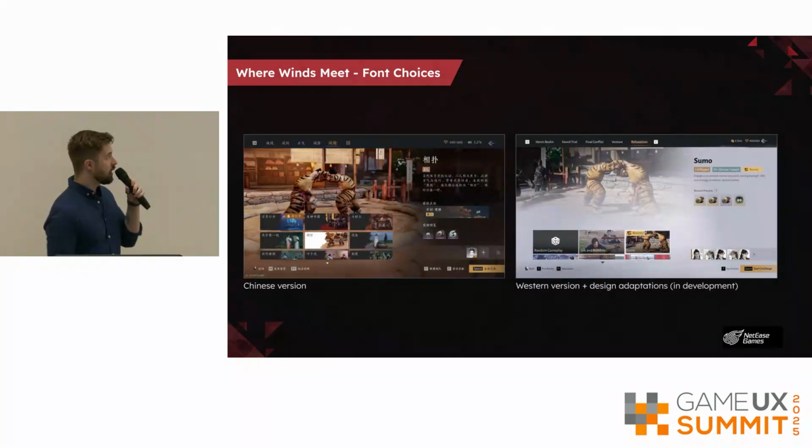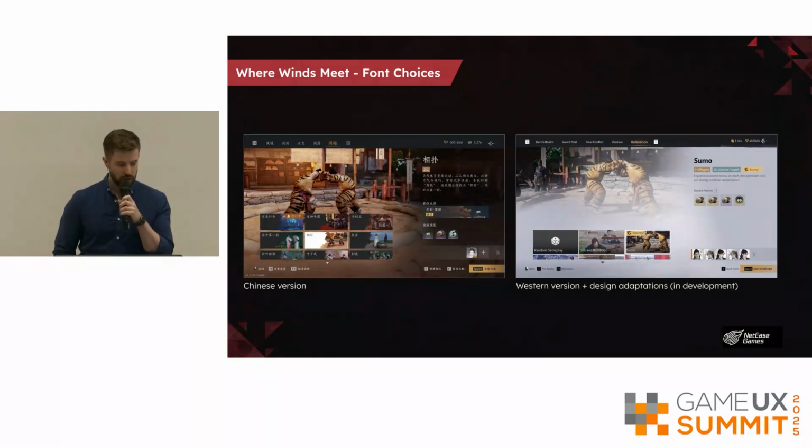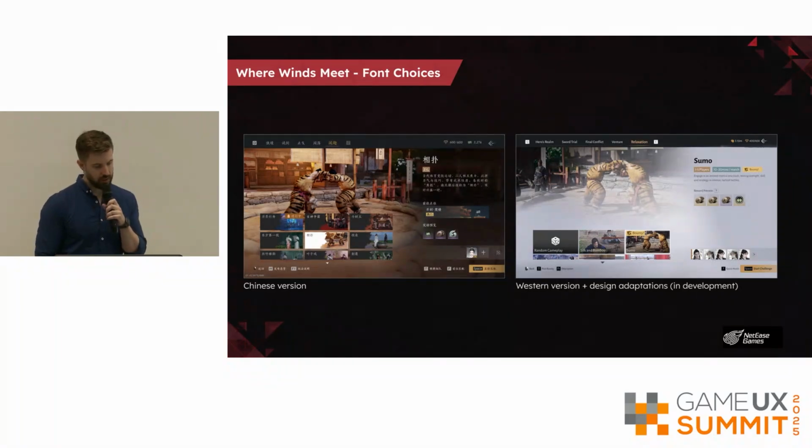And here we see the Chinese version with also some interface changes as well. So this was a great learning process. I learned a lot more about Chinese fonts. They learned a lot more about Latin fonts as well. But it's important to consider, just because you might think that something is a straightforward design consideration doesn't mean it is everywhere else.